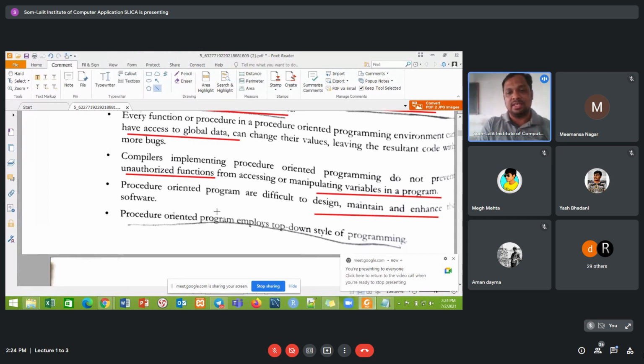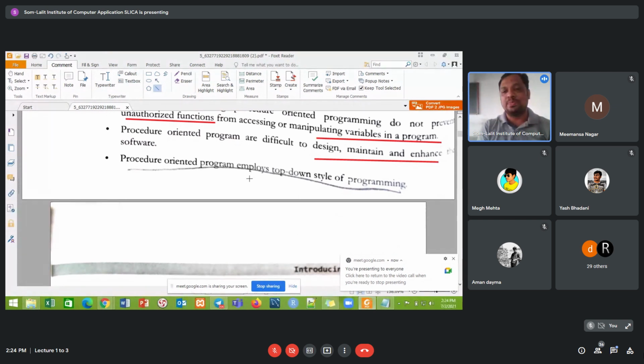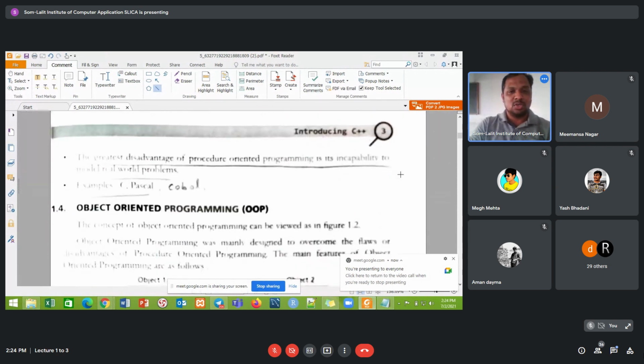And yes, we are employing a top-down style of programming. It's a little bit weird. And there are some technical points. You won't be able to read this line, but I would like to read it for you.